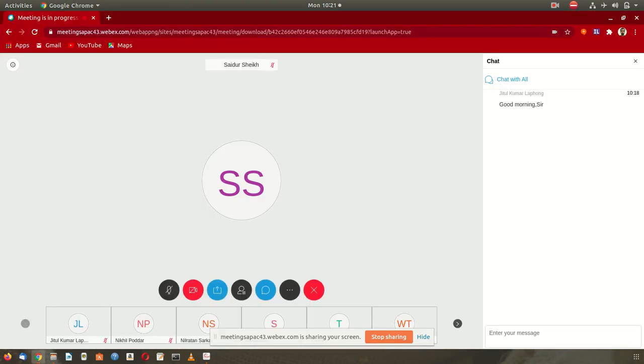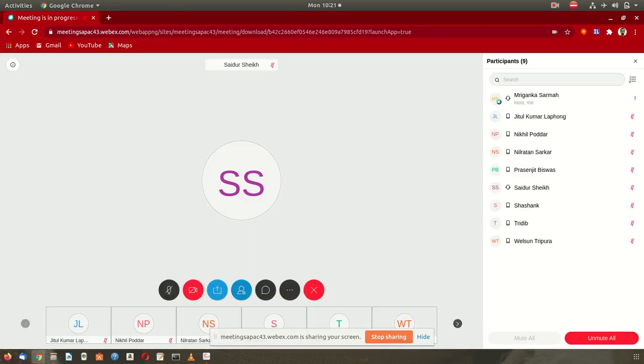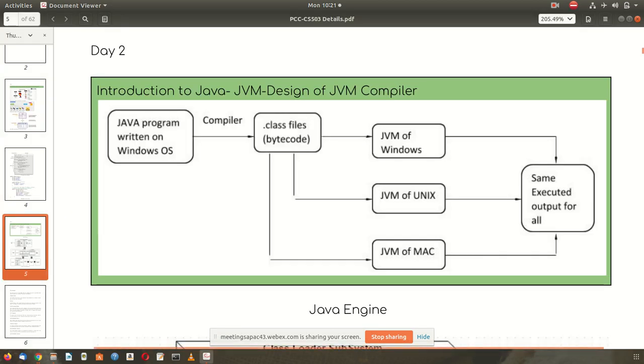Yes, functions do not start automatically. Okay, you have to invoke a function, you have to call the function, and when the function is invoked, it is executed. So it is a sub program.